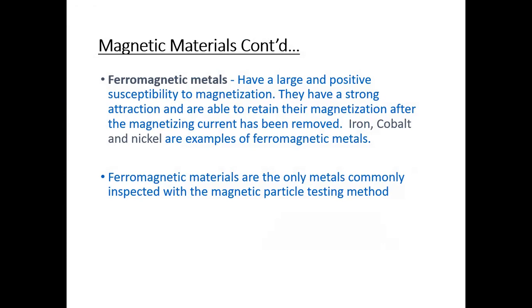So here we saw three types of metals. Diamagnetic materials, even if you try to magnetize them, will repel. They will never accept a magnetic field; they will oppose. Then paramagnetic materials will attract, they will get a little bit of magnetic field, a small attraction to lines of force. And ferromagnetic material has a strong attraction to lines of force. Even if you remove the current, there is still a residual magnetic field, and that is known as ferromagnetic metals. And on these ferromagnetic metals we can do magnetic particle testing for detection of surface and near